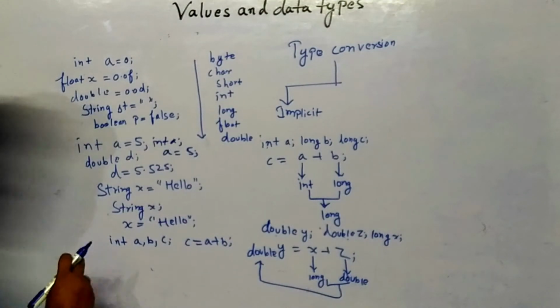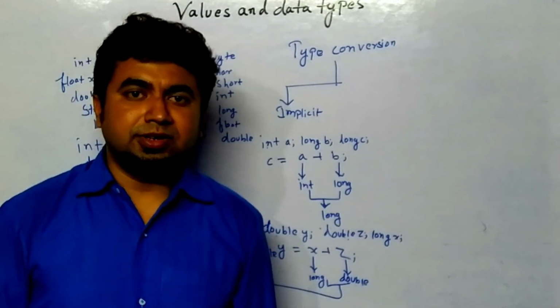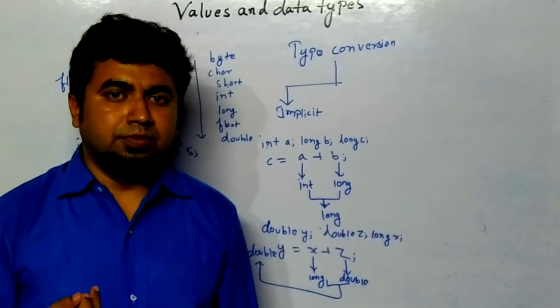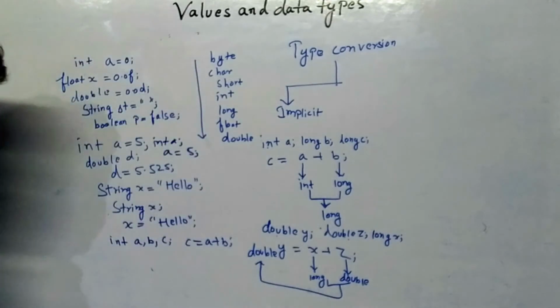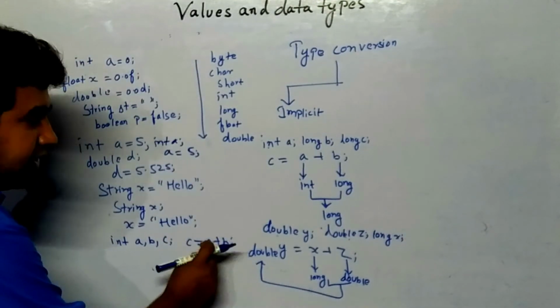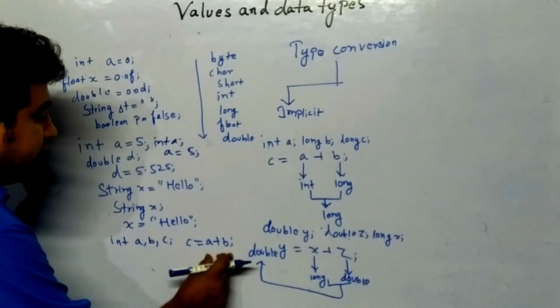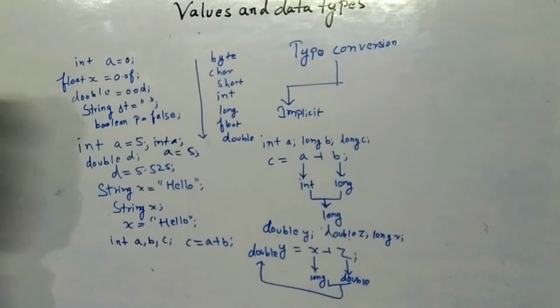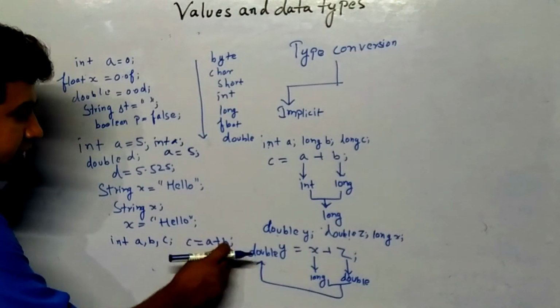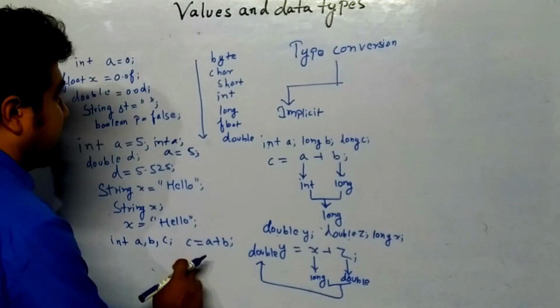Now you will be seeing about dynamic initialization, that you will be doing by the scanner method, or you can do it by the input stream reader method. This is also one kind of dynamic initialization. Depending upon the value of A and B, C will be initialized. So this is also one kind of dynamic initialization method. Whatever is the value of A and B, according to that C will be initialized.